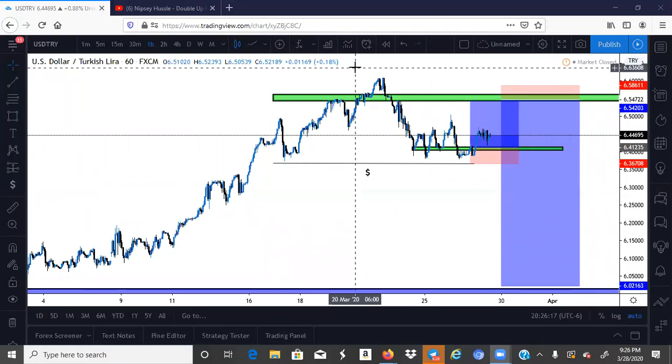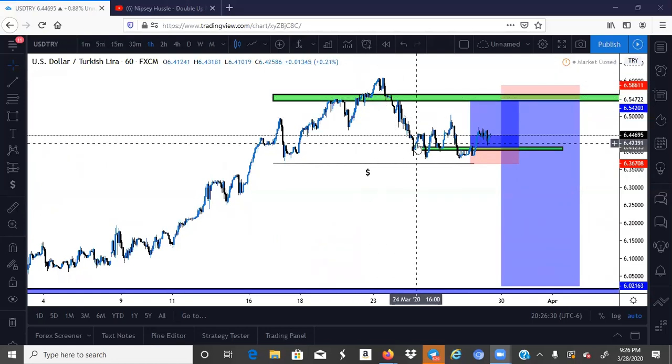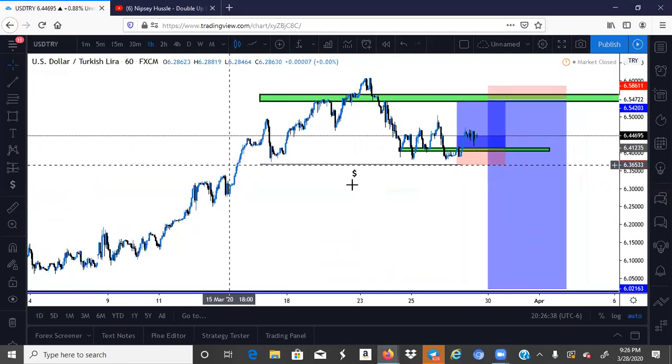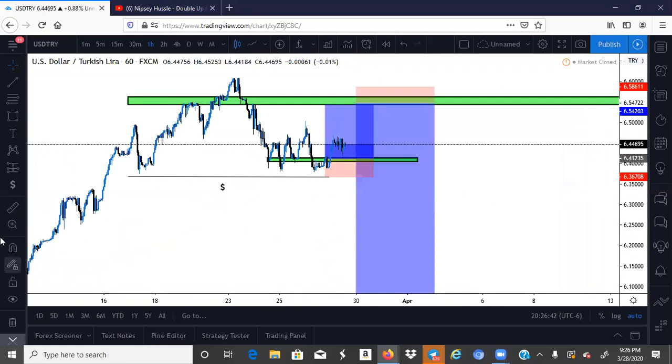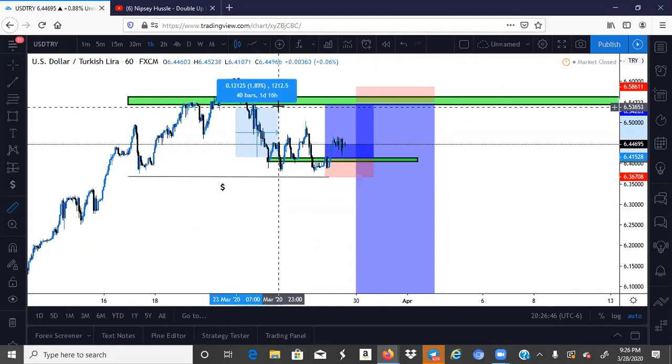I be marking stuff up, and then I be forgetting that I even marked it up. Then I come back a few days or a week later, like, oh damn, I marked this up, and it did exactly what I said. This is pretty much what I'm looking for to happen on this pair. If this happened, this is literally gonna be what